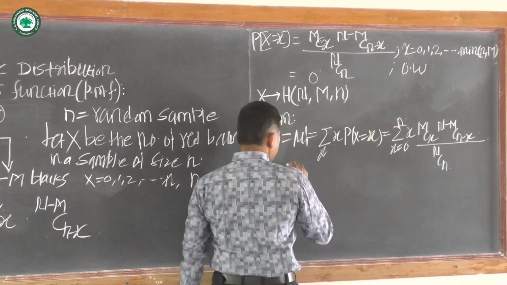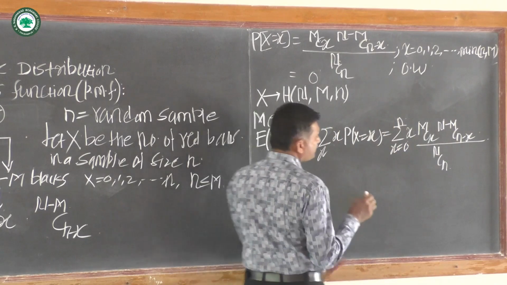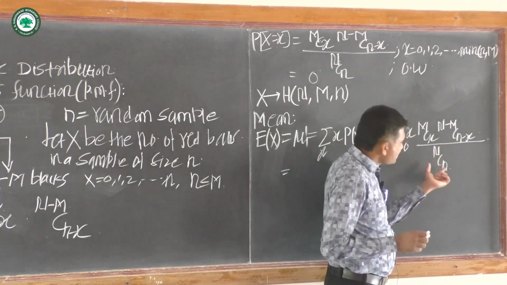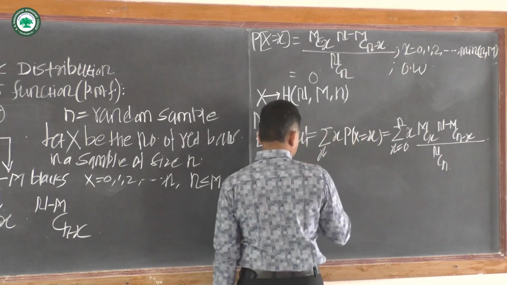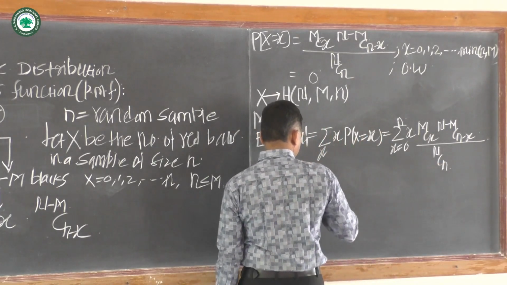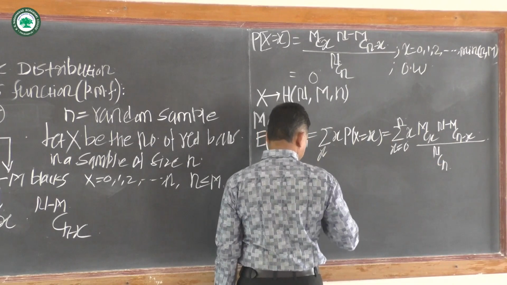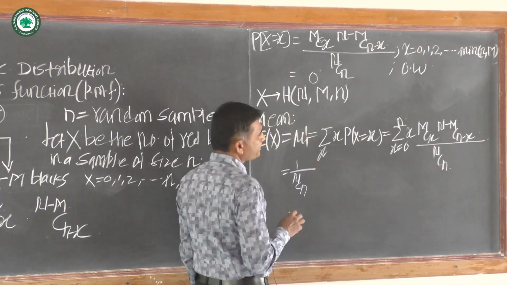Now here capital NCn is a constant term, take it out of the summation sign, which gives